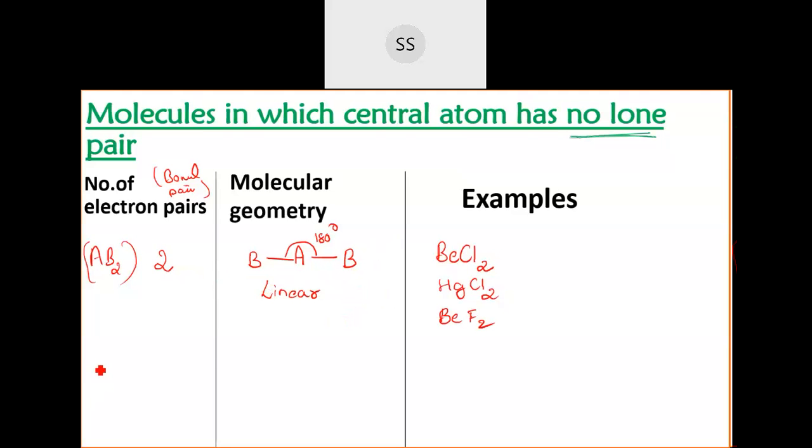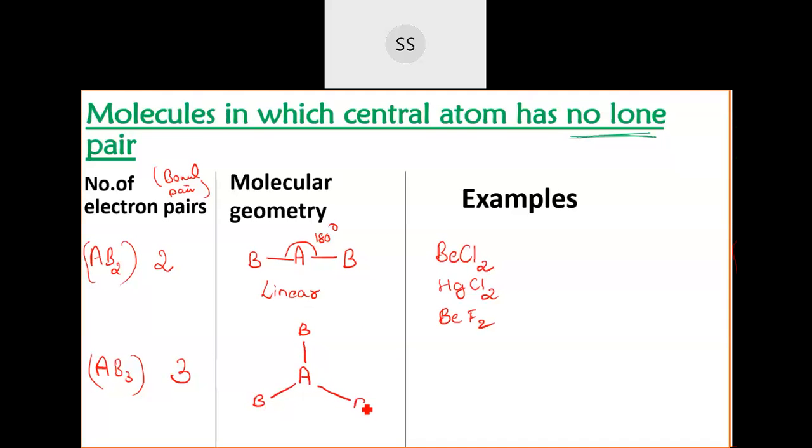Next one, if there are three bond pairs, A and then B3 I am taking. This type of molecule has one central atom linked with 3 different atoms. 3 electron pairs means 3 bond pairs are present. Then what is a possible way we can arrange them? You take the central atom A in the center itself. So the B atoms can arrange themselves in this fashion, at maximum distance. So one B is here and this side.